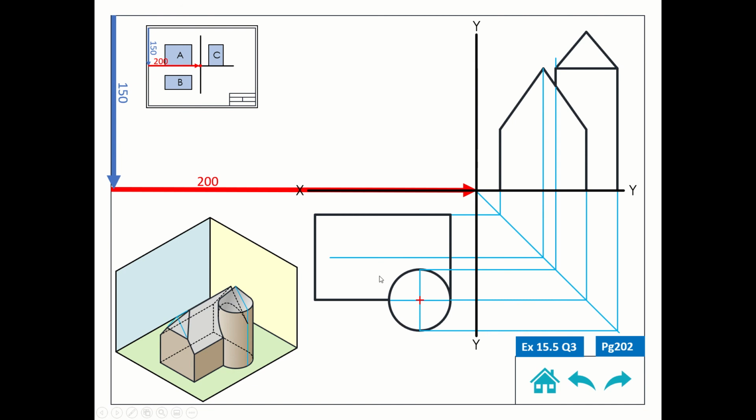Now we knew it was in the middle, so we could have just measured that if we wanted to, but this is a nicer way that you can see how it is all connected up, or just to make sure that it is connected. So that is our end view there with our tower and our main building. I'm going to draw in a bit of our front elevation here. So you can see there's our ridge going across,